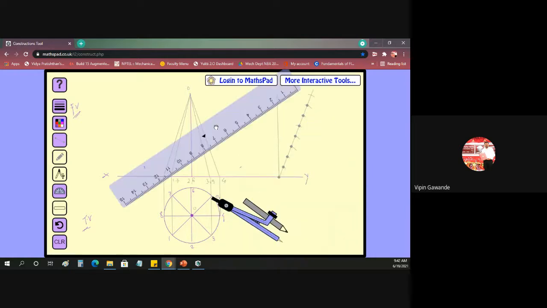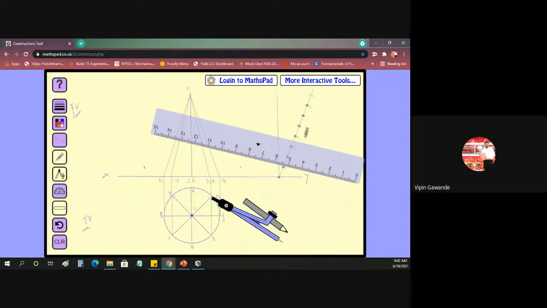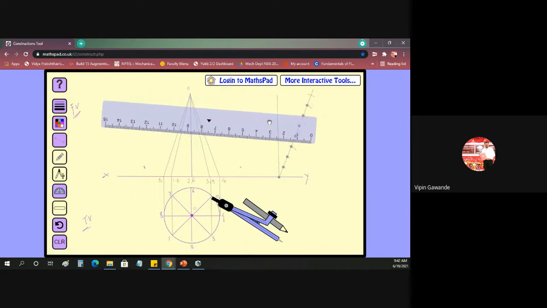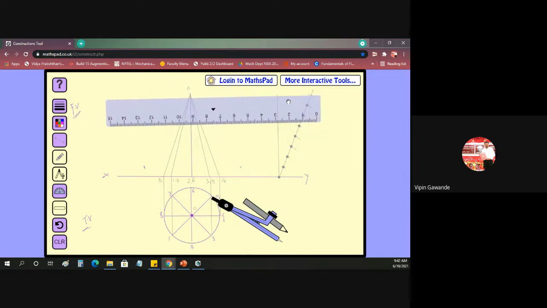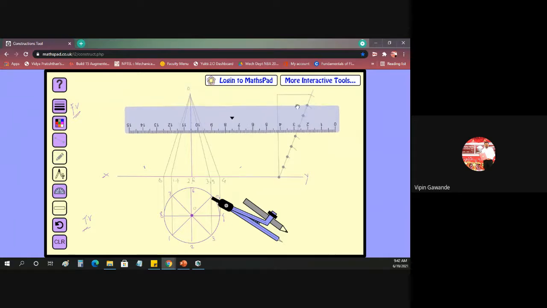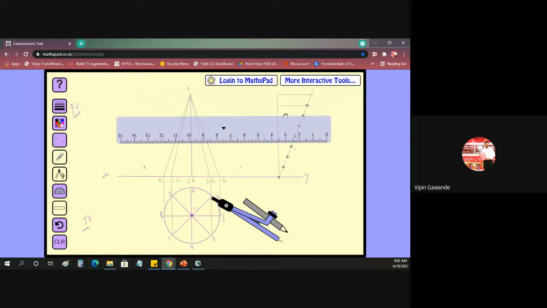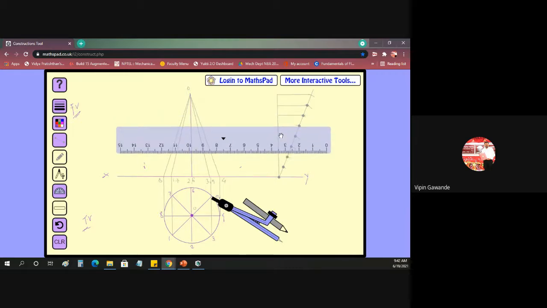Now the next step is we have to draw the inclined line. The last division you have to join with the end point of the line. So this is the end point of the line. This is the first line. Then you have to roll your roller scale like this. So this is 7. Then this is 6. You have to roll the roller scale like this, vertically, parallel to this line.